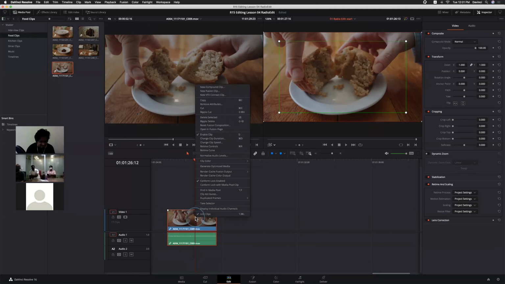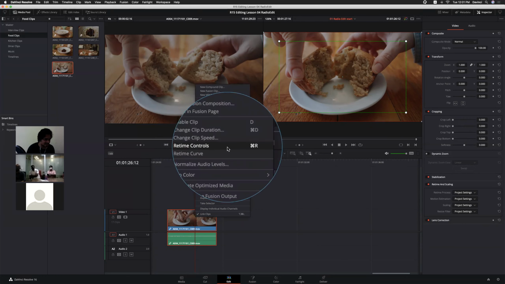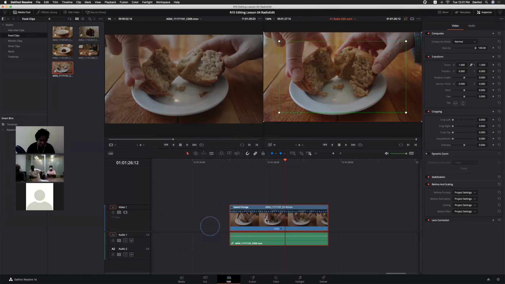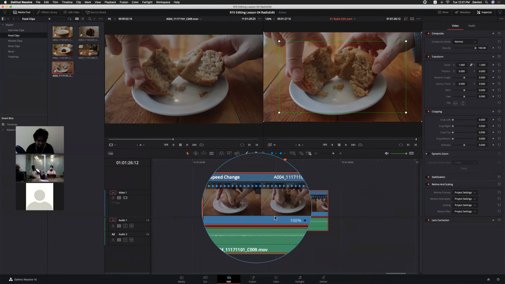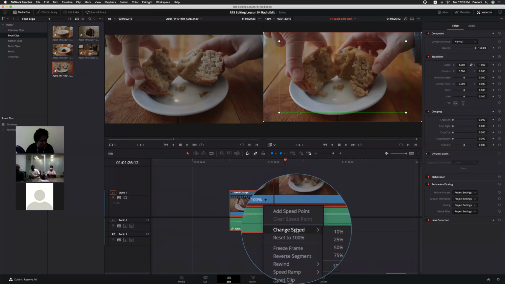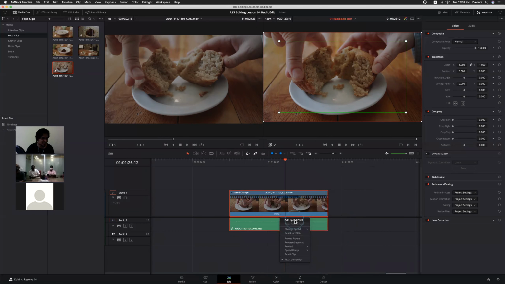But instead of using change speed, we have one more option, retime controls, Command R, right? Retime controls, simply click this option. Now we can access this retiming within the clip. Just click this triangle. So change, add speed point. Add speed point is if you want to create different speed segments within a clip without cutting the clip, to make a speed ramp kind of thing, we can add speed points.